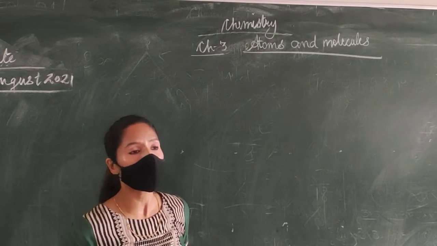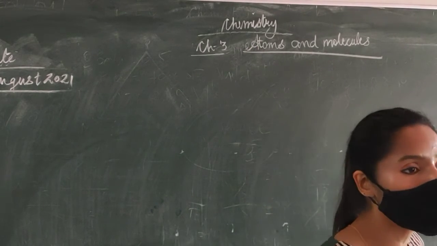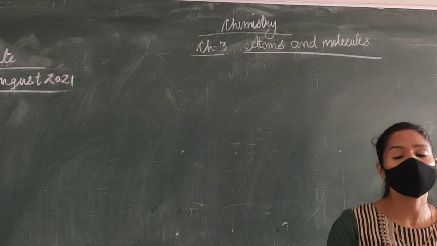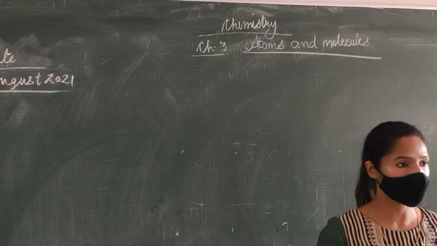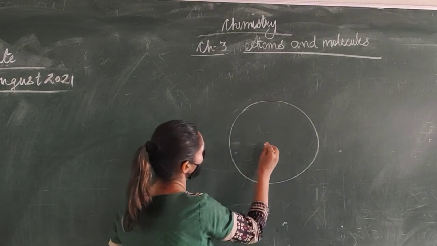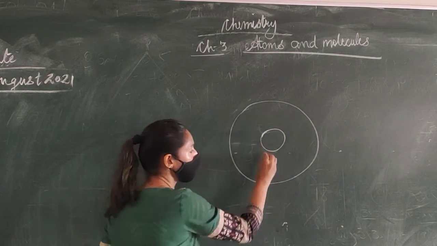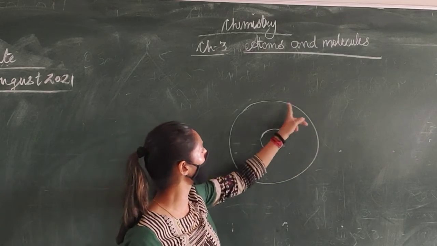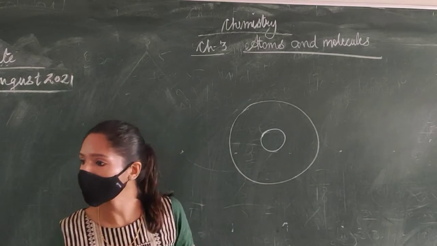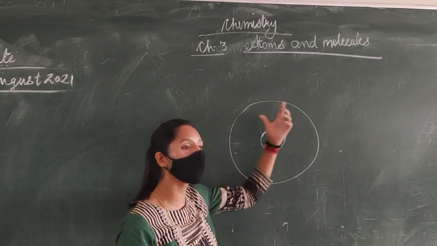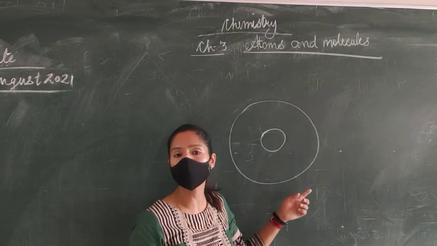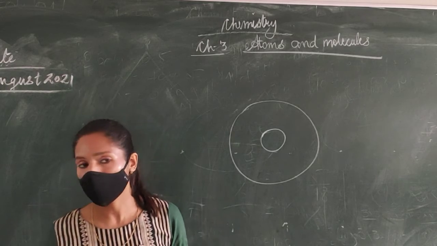So what are the atoms? Atoms are the smallest divisible particle which takes part in a chemical reaction, or a charged particle which takes part in a chemical reaction. And the structure of an atom is somewhat like this. We have a sphere of atom, and inside it is a nucleus. Generally the atom does not have this outermost shell. There is no cover outside the atom. So we assume that it's a sphere, so that the last boundary of the atom would be its last shell. But we draw like this.